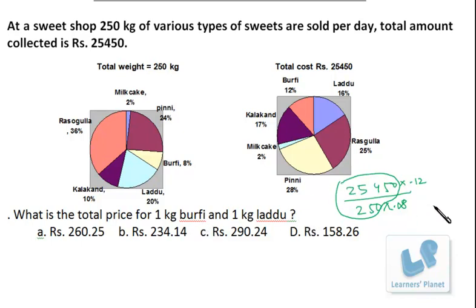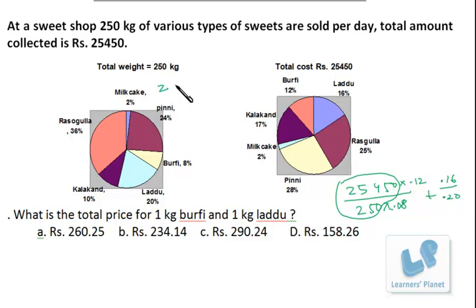Now this data will be same for burfi as well as laddu, and we have to now add the price of laddu also. So we can take this as common. You just try to visualize. We can take this data as common and add the price of laddu also, right? So what is the price of laddu? What is the contribution? That is 20% over here and 16% over here. So it's 0.16 by 0.20, right? I just do the calculation over here.